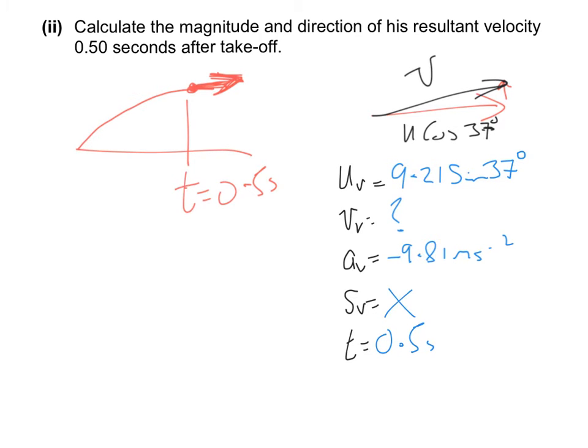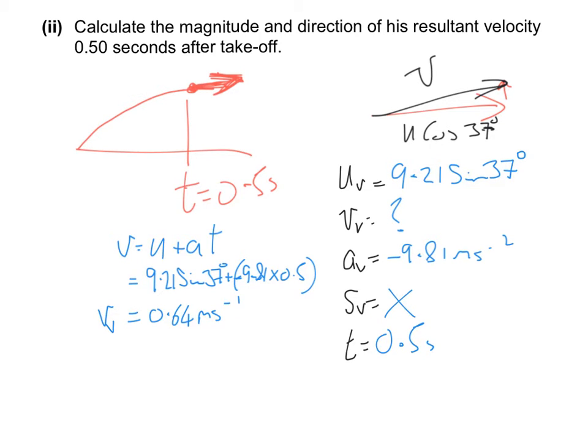We again need an equation that doesn't include s, and we've used that one before: v equals u plus at. 9.21 sine 37 added to minus 9.81 times a half,